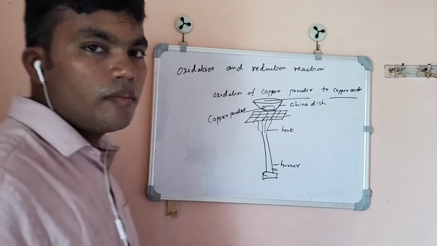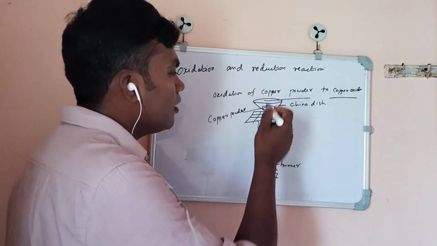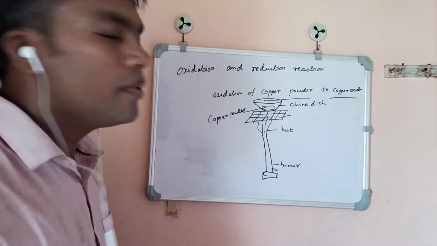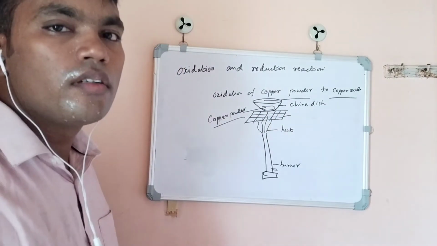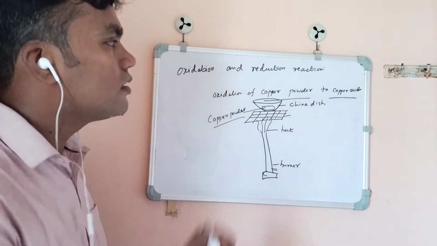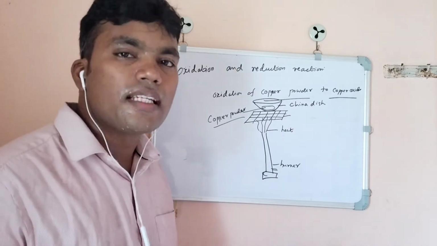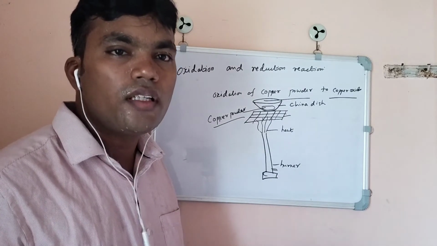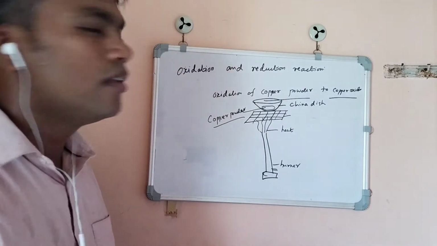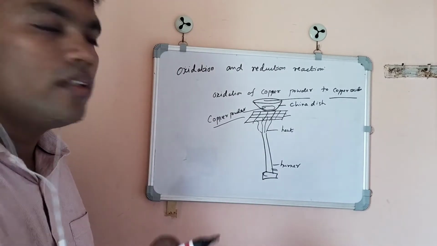After placing the copper powder in the china dish, what you are going to do? You just burn this sample. What will happen? This copper powder becomes a black powder called copper oxide. While you are doing this experiment in your schools, your teachers should be there to monitor these reactions. Don't do this experiment alone in your school, students.